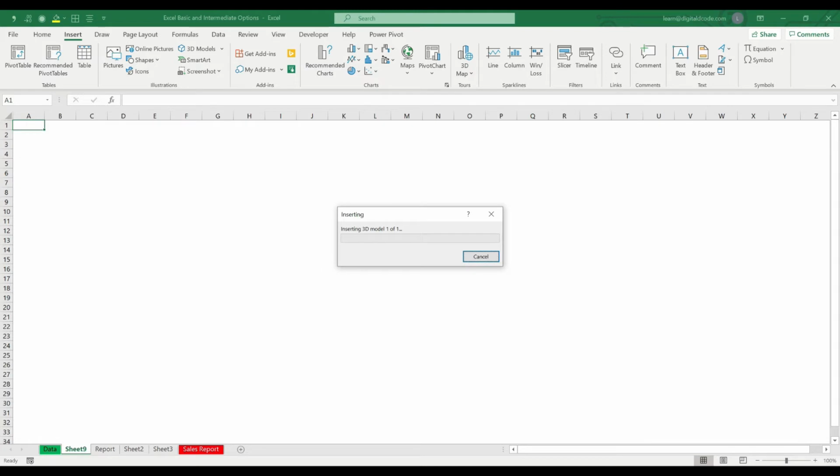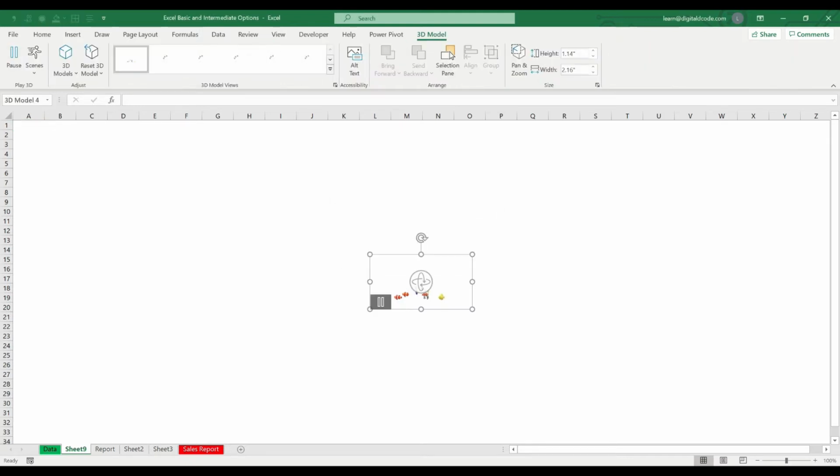Let's wait. It's kind of 3D effects. Okay, so 3D movable effects. It's loading. So now you can see here. Okay, so you can keep this.